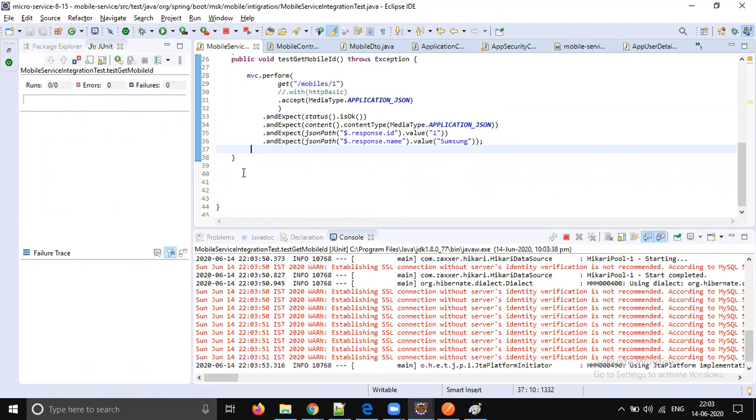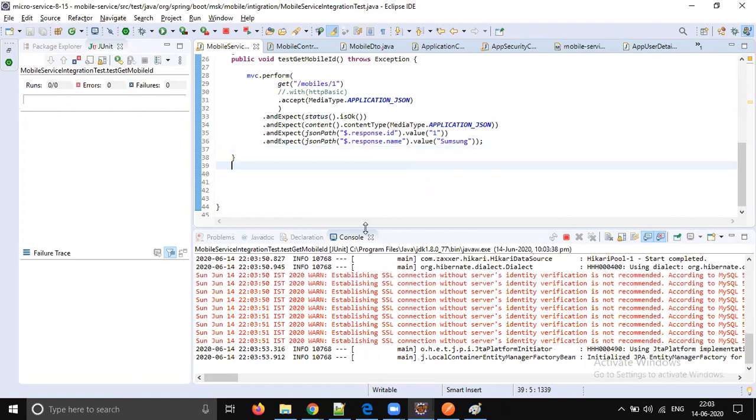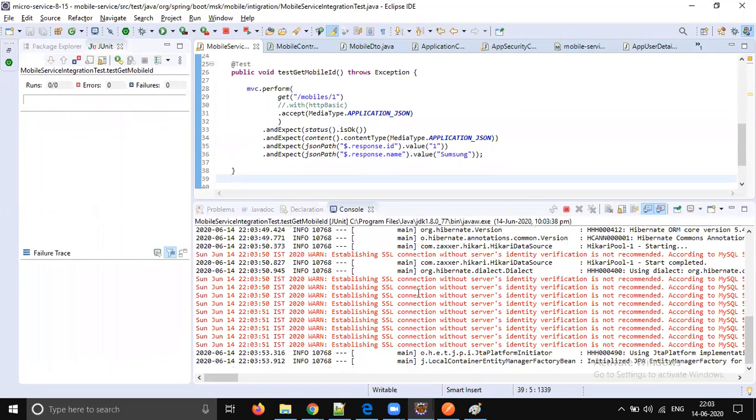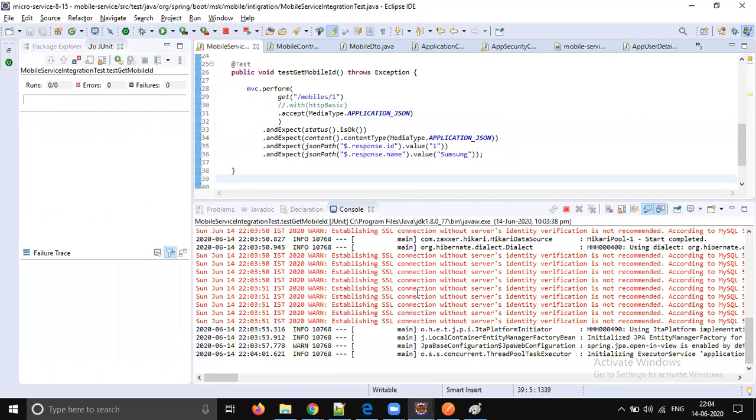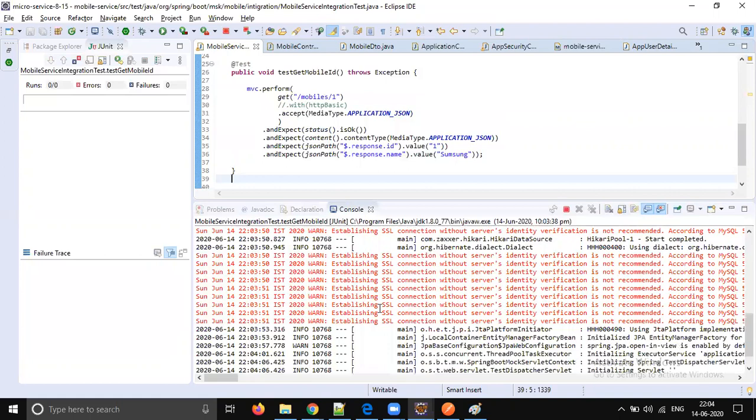Okay, so we will quickly do how to do it for get all mobiles. I will show the code for how to write it for get all mobiles. For sure, I will show that header security also. Security also I will show. Okay, so